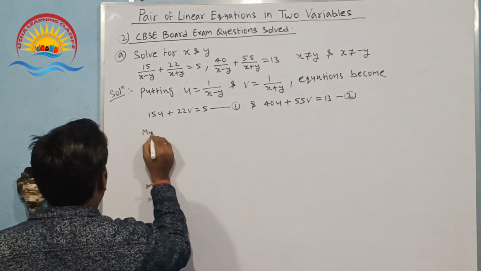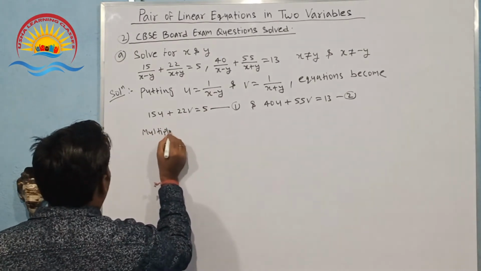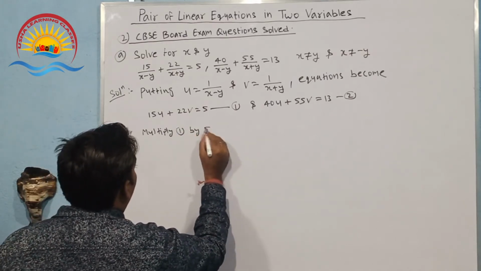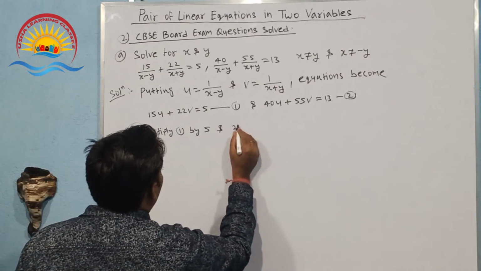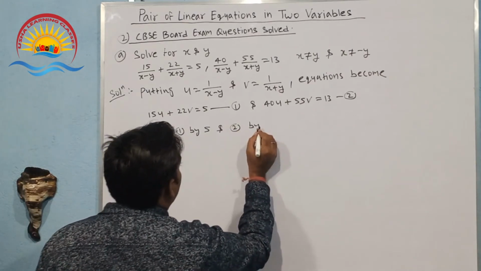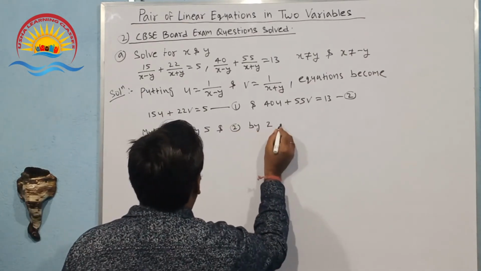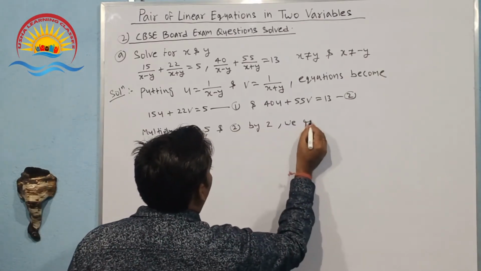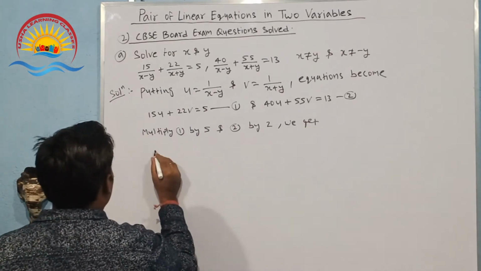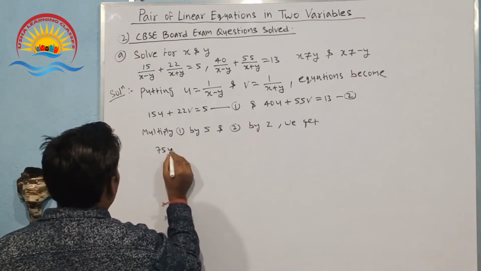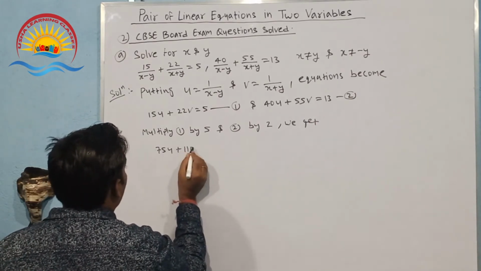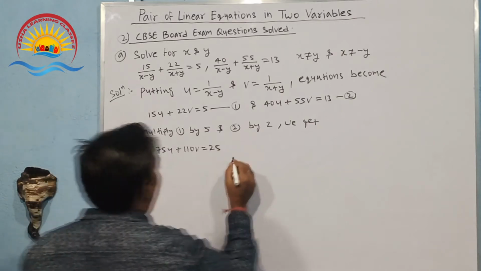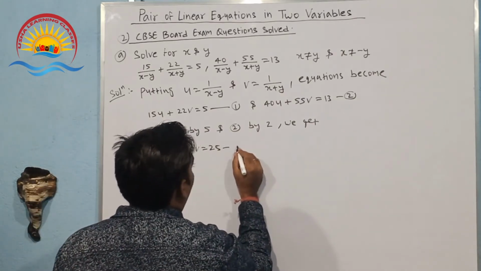Multiply 1 by 5 and 2 by 2. We get 75u plus 110v equal to 25. This is equation 3